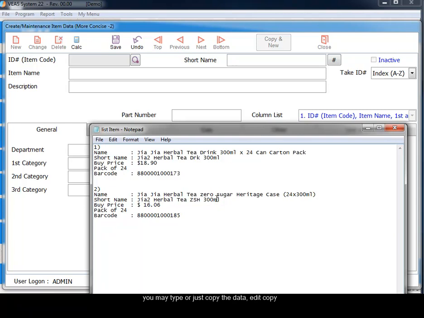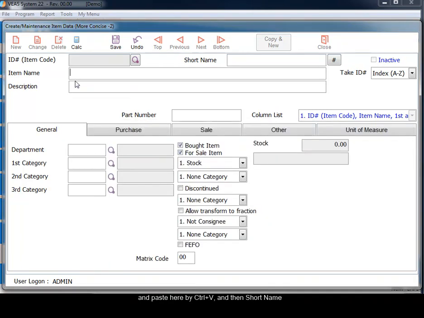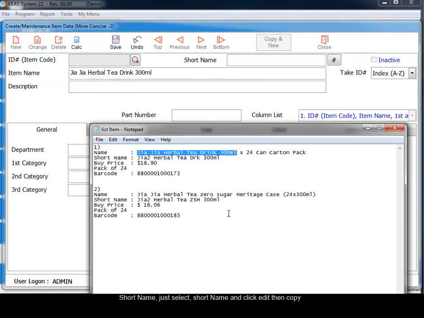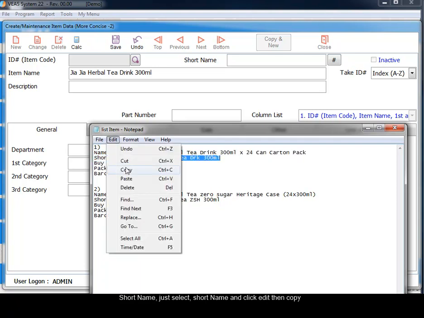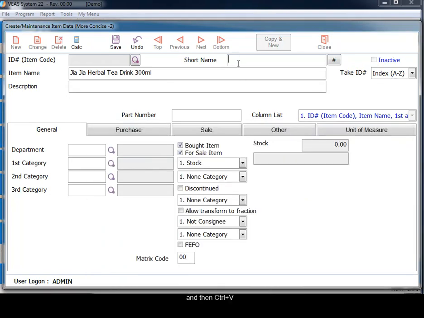You may type or just copy the data: edit, copy and paste here by Ctrl V. And then the short name, just select and click edit, then copy, and then Ctrl V to paste the short name.